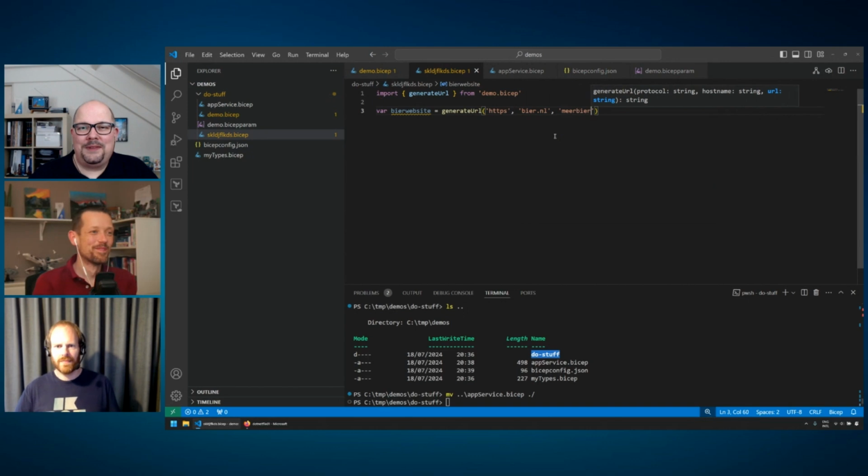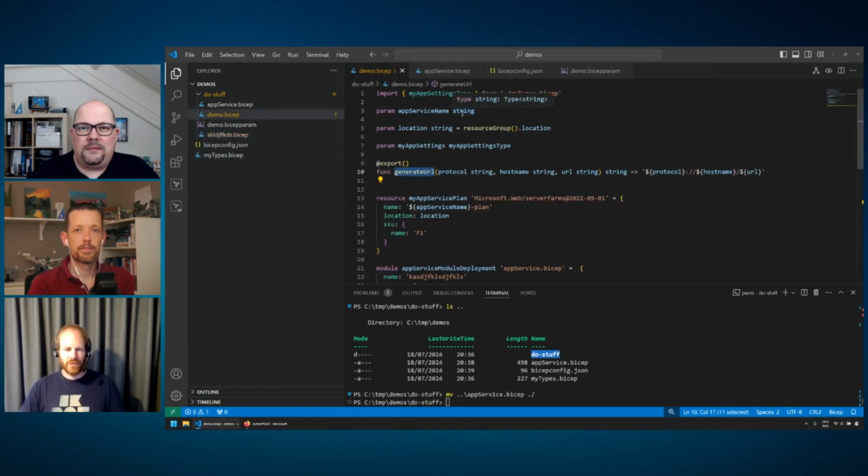Yeah. Because you also run into this whole scope thing, right? Which is something that you need to really grasp when you do Bicep. When you want to deploy something in another scope or another resource group or whatever, then you need to be sure that the scope is correct. And sometimes you have to call a submodule if you want to deploy something in a different scope. That was also true for these kinds of things. And now you can just call the function and it's way better.